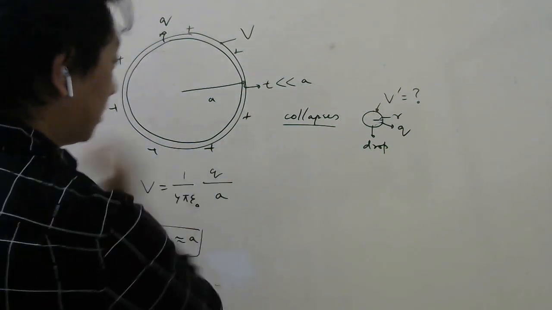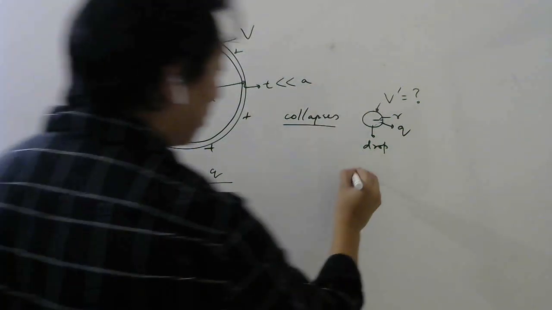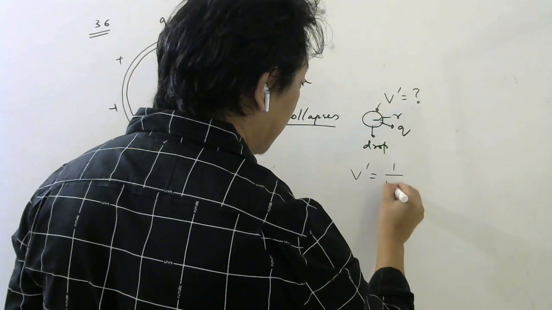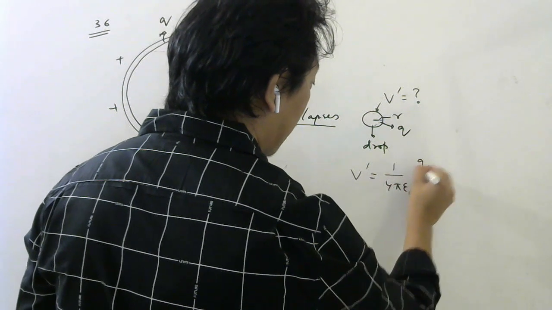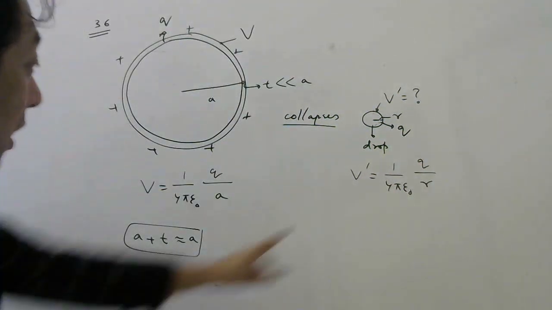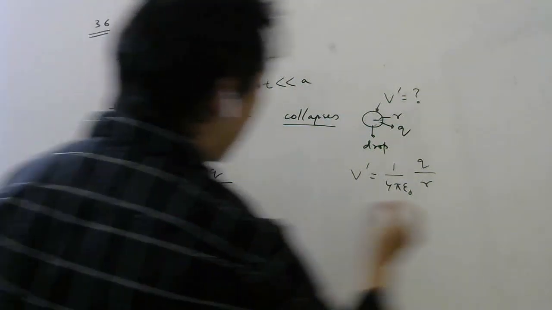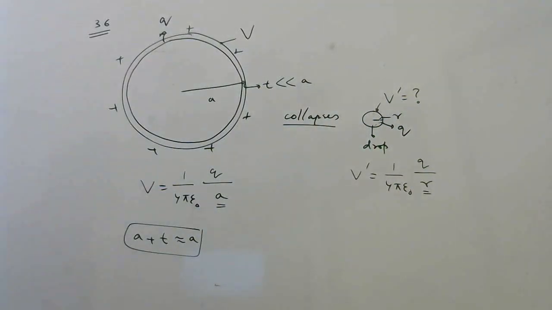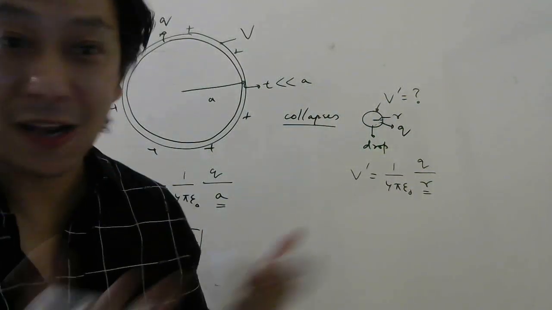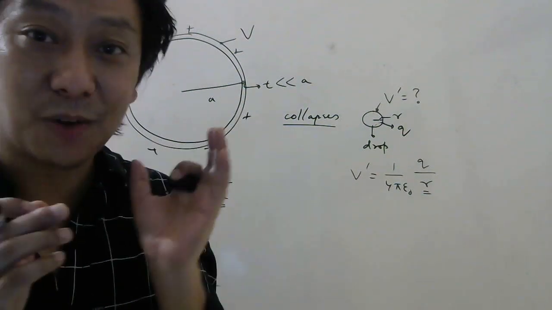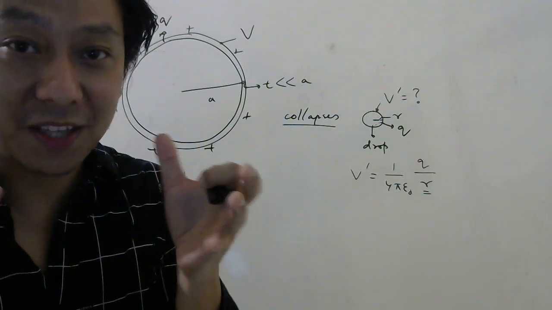So this is the potential formula we know. Here, what will be the potential? This is also a drop and the charge will remain the same, so Q by r. To relate these two, I need to relate A with r. How will I relate A with r? The easiest way is like we did in the case of drops. Remember that problem where some number of drops came together.